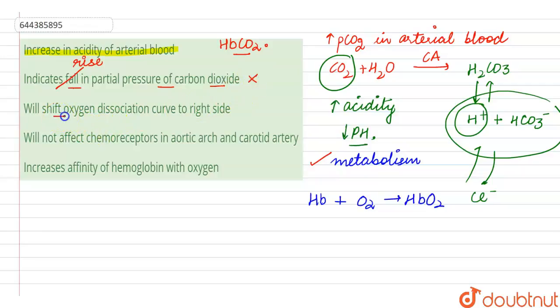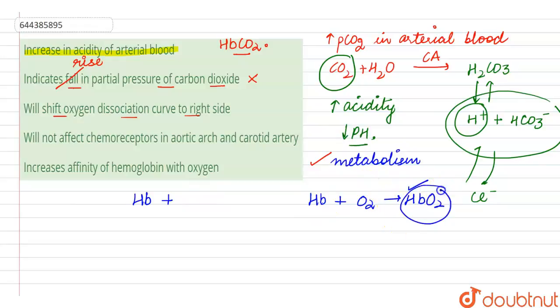The second says it shifts the oxygen dissociation curve to the right side. While we talk about the oxygen dissociation curve, on the y-axis we have the percentage saturation of hemoglobin, and on the x-axis we have the partial pressure. So when the oxygen dissociation curve shifts to the right side, it indicates dissociation of oxygen from the hemoglobin. That means hemoglobin is already attaching to the